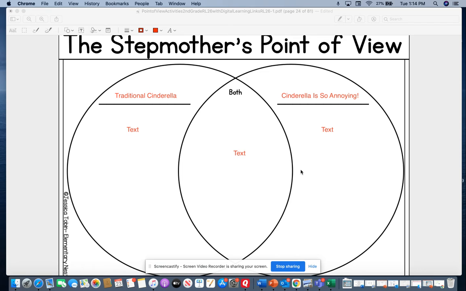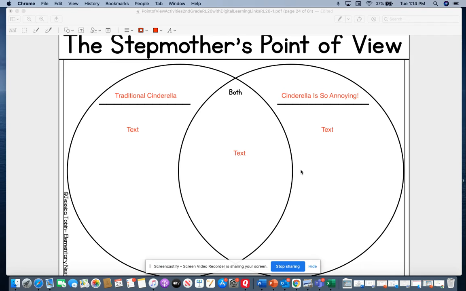Hey guys, for our reading lesson for today, we are going to compare the point of view of the same character in two different stories. So, we're going to do a Venn diagram together, and then you guys are going to answer a few questions about the two stories. So, make sure that you have watched the Cinderella read aloud and the Cinderella is so annoying read aloud. You need to listen to both of them, because you're going to compare the stepmother's point of